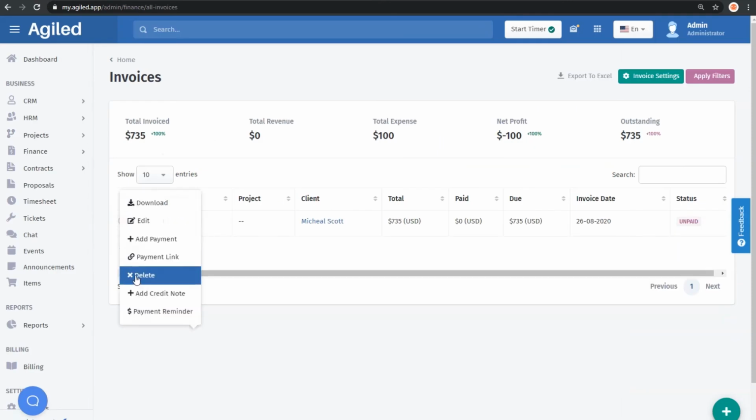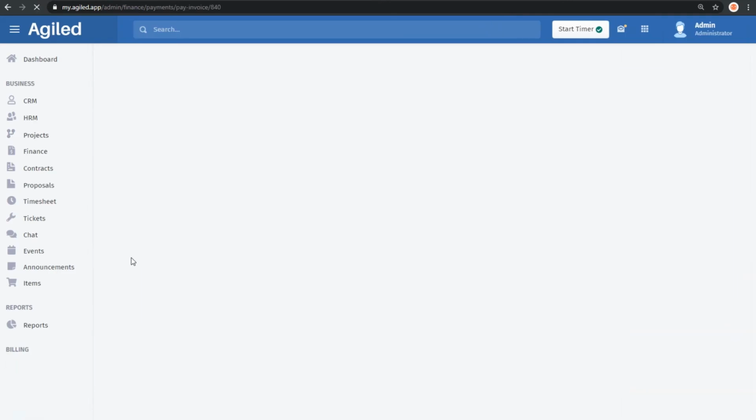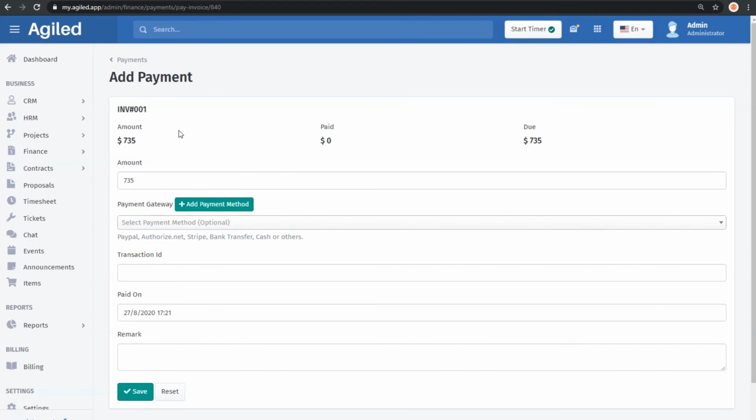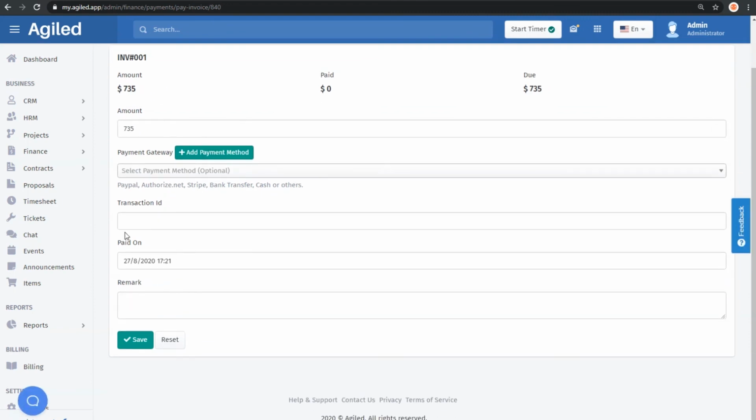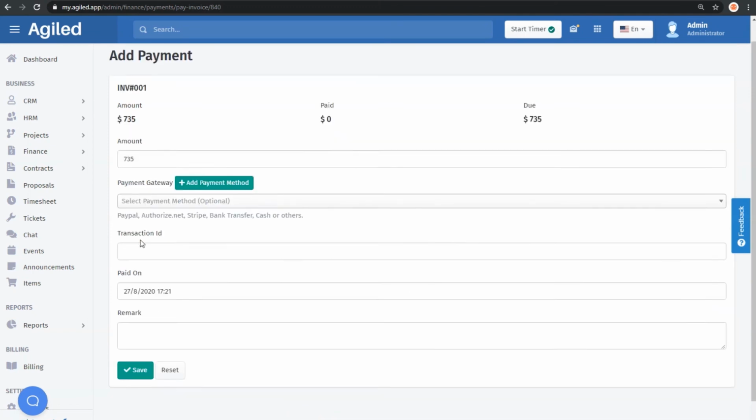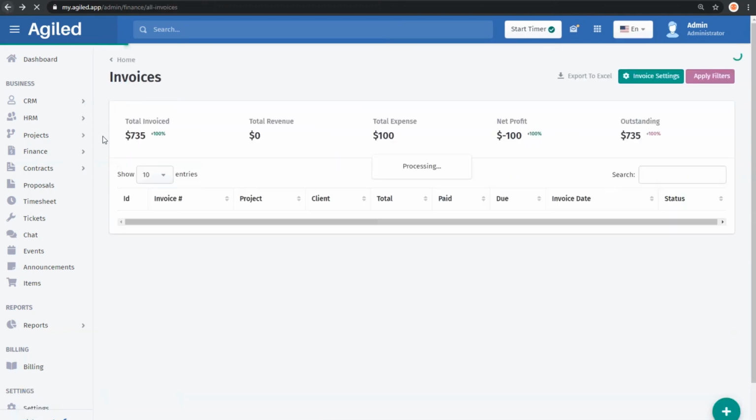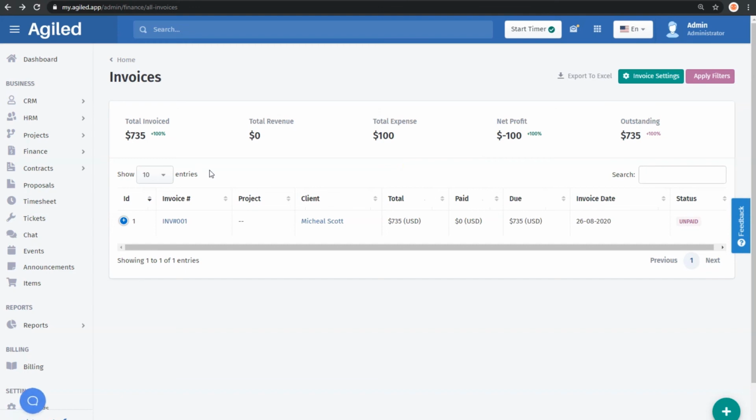You can record a payment for the invoice from here. The amount is already pulled in, and you can add a transaction ID, payment gateway, etc. and record the payment. And if they pay you online via PayPal or Stripe, those payments are recorded automatically. From here I can export all the invoices to Excel, and I can change the invoice settings by clicking on this button,